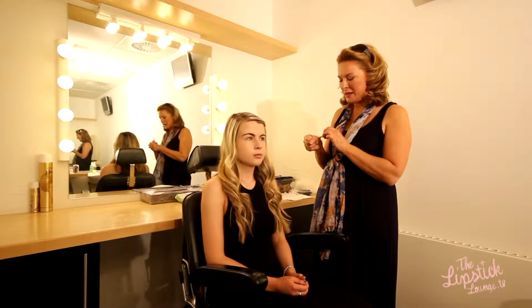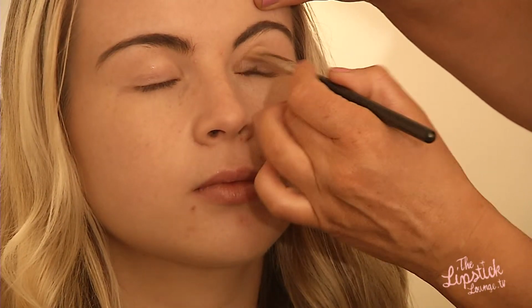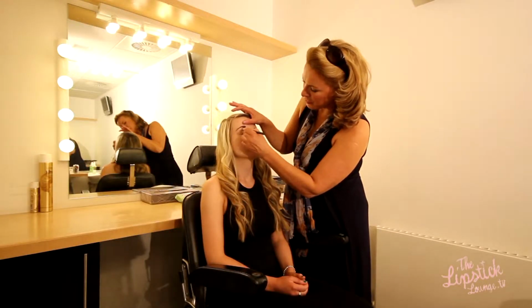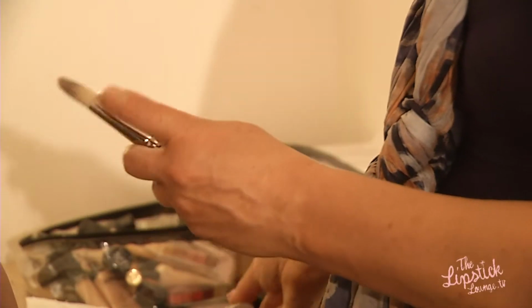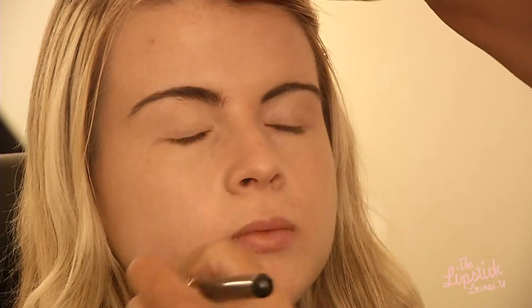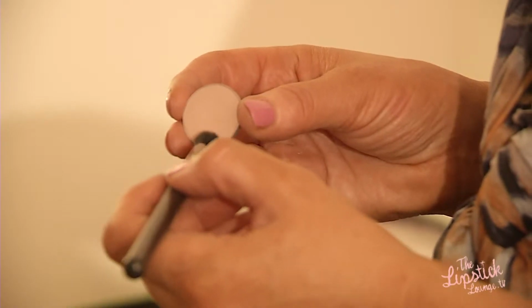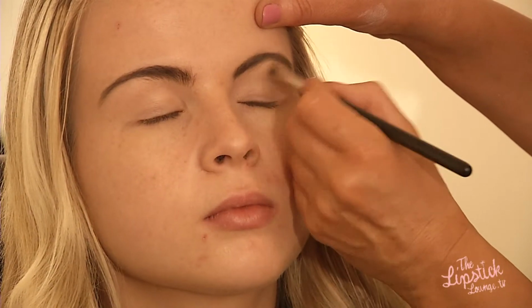So we'll begin by applying MAC Untitled Eye Paint just to the whole of the lid. Close your eyes please. And I'm using a MAC 217 brush. This will help the shadow last longer. I'm going to apply Laura Mercier primer. I'm going to apply MAC Vanilla eyeshadow with a 239 MAC brush in the inside corner of the eye and